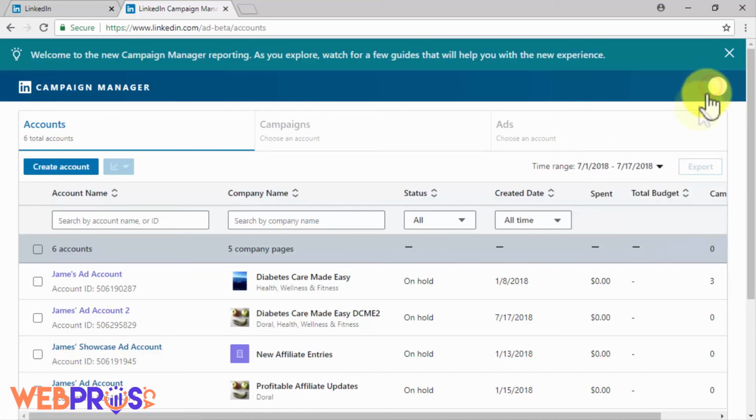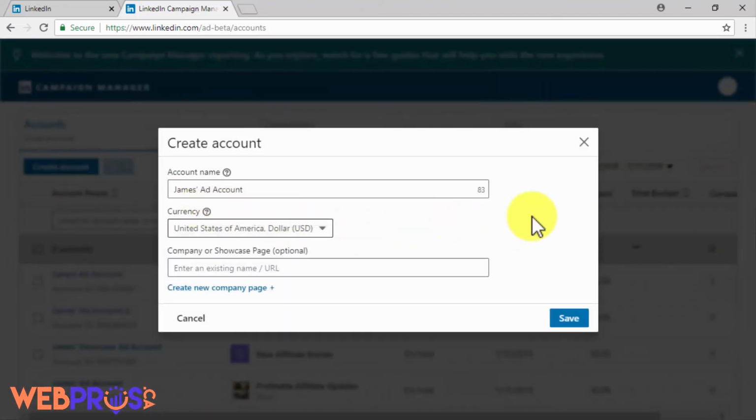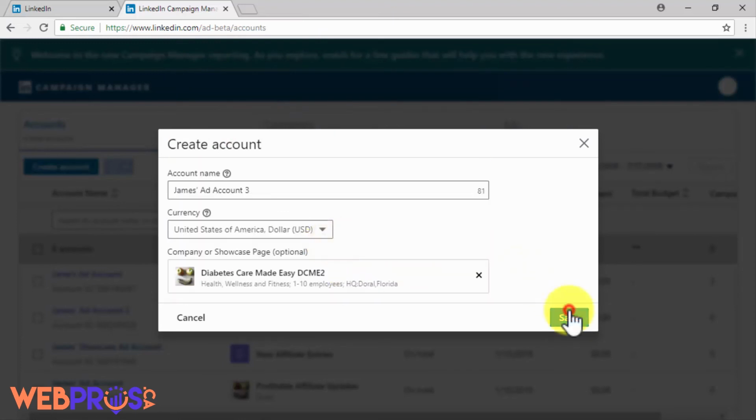Back on the Accounts section, you will be able to create and select your ad accounts. To create a new ad account, you will simply have to click on the Create Account button. You can create different ad accounts in case that you prefer to manage advertising campaigns for each one of your company pages separately, or if you are a marketer in charge of different ad campaigns for different companies. To create a new ad account, you will simply have to enter an account name, to select your preferred payment currency to pay for your ads, and to select the company page that you wish to promote. Once you have entered your new ad account's information, you will only have to click on the Save button, and